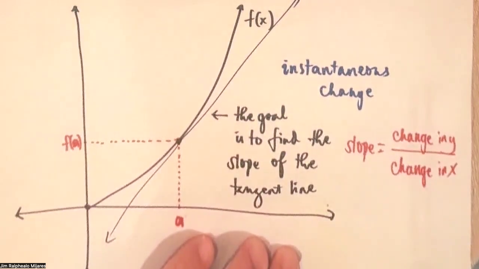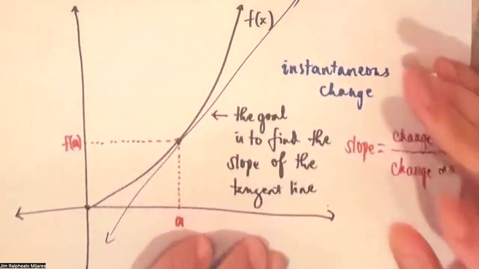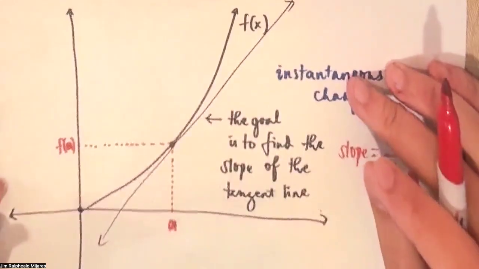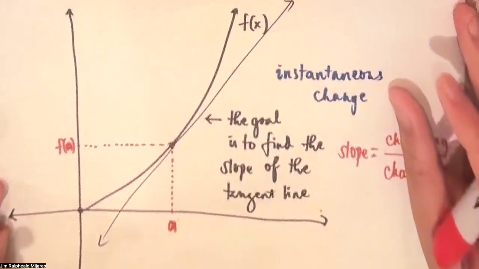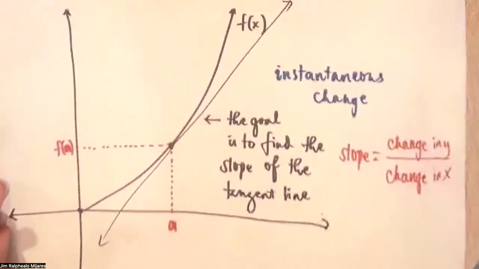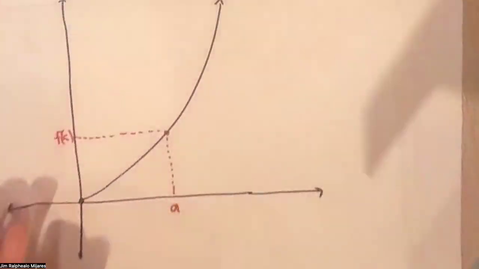Now, as of right now, we can try to calculate the slope of this line directly, but the way we're going to do this is convoluted. So this is our goal, right? The way we're going to do this is